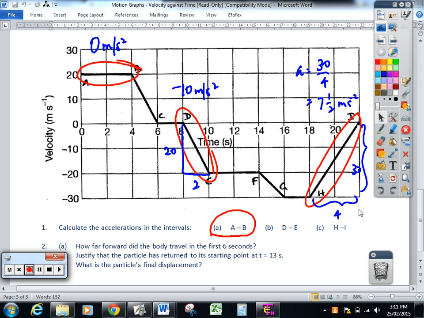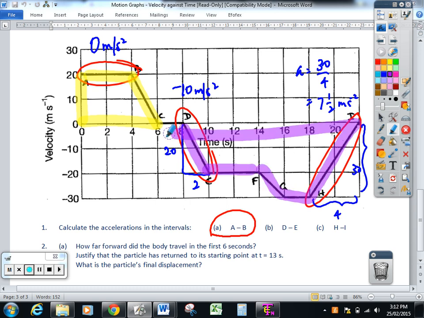The last thing I want to work out is how far does it go? If I give you 1 millisecond, please. To work out how far it's travelled, displacement, that's travel forward, isn't it? This part here would be travel backward. If you travel forward, then travel backward, how would you know where you are? It's that minus that, wouldn't it? You have to subtract the 2 values. Okay. That's a beautiful part about this is you